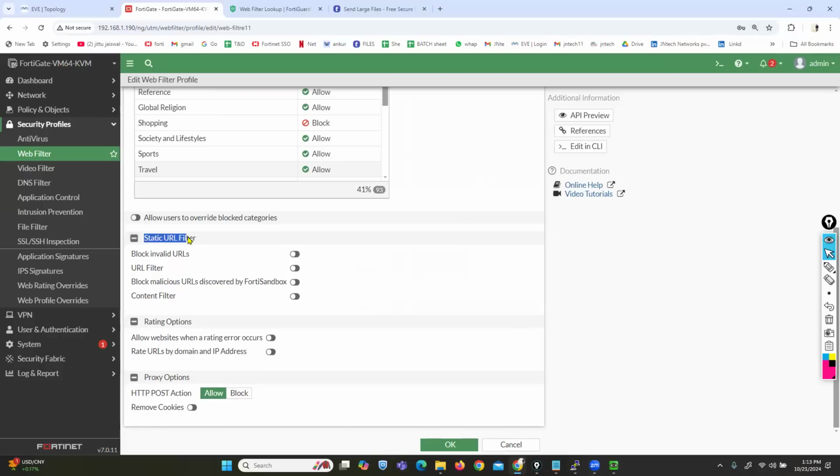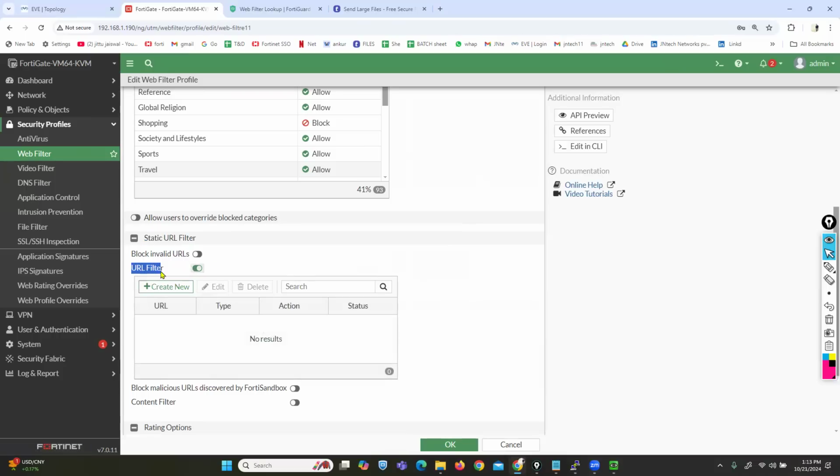What is static URL filter? In case I want to block any specific URL, I'm looking for any specific URL, so you can go with static URL filter. And in static URL filter, you can enable this URL filter option. You can enable URL filter, click on create new,